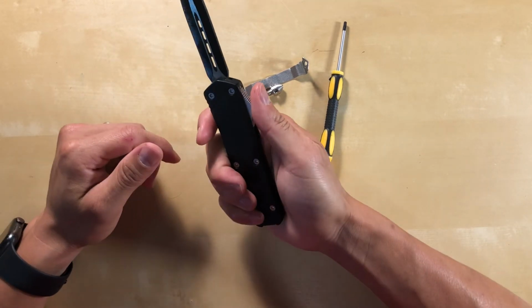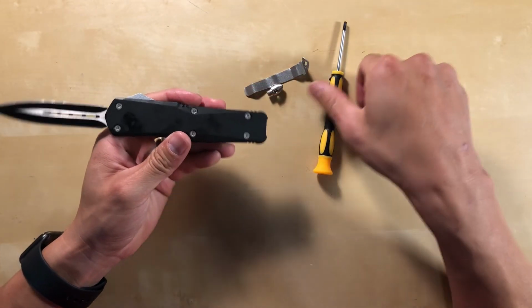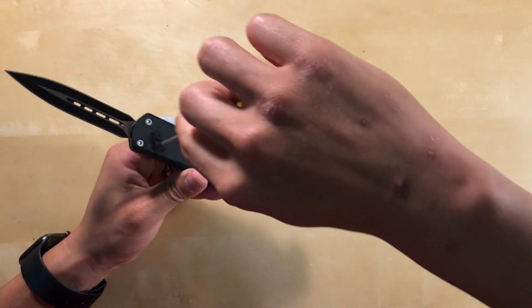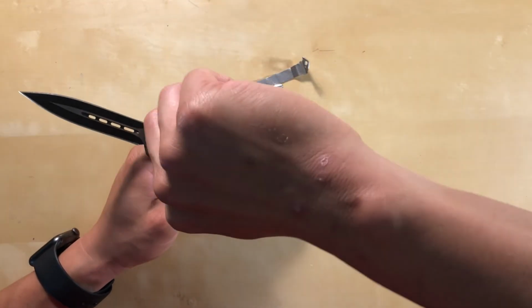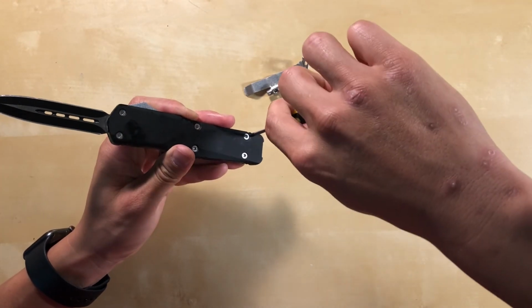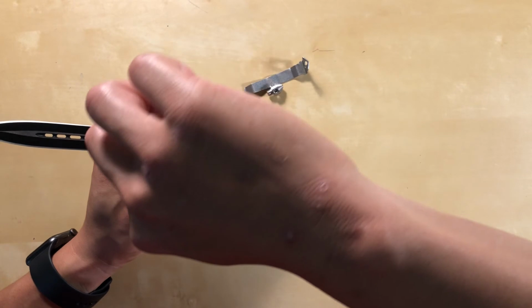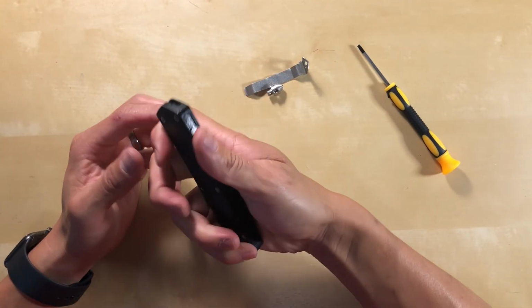Now the blade is engaged with the spring. Make sure everything is good. Then you want to tighten the screws now, again, evenly. These are CNC in a way that the tolerance is very low. So when you tighten one side more than the other, it will bend the metal, and sometimes it will just cause problems in the deployment, well, the double action. So now they're all tight. Now, retract the blade,